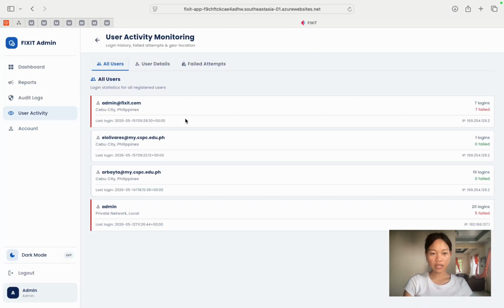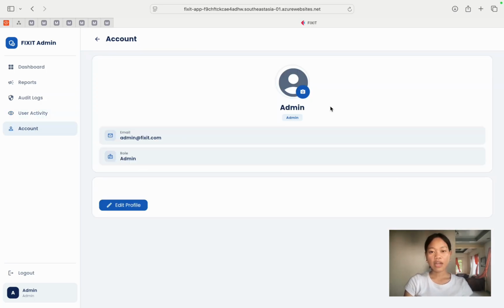Then in user activity, the admin can see the user activity and the email that the user used. Then the admin can also see how many logins the user tried. And for the admin account, the admin can also change his or her profile. Then here is the email and the role.